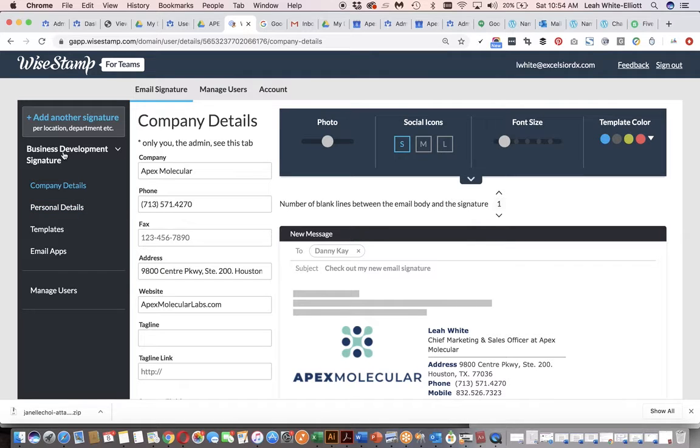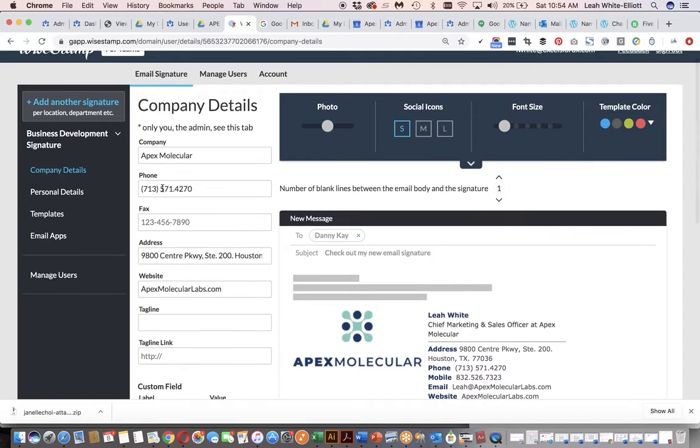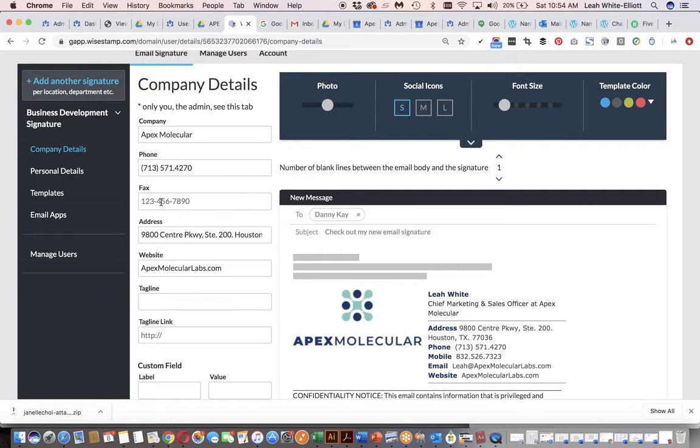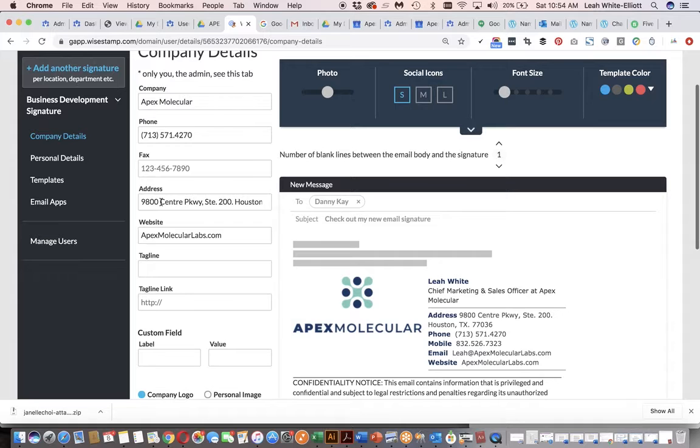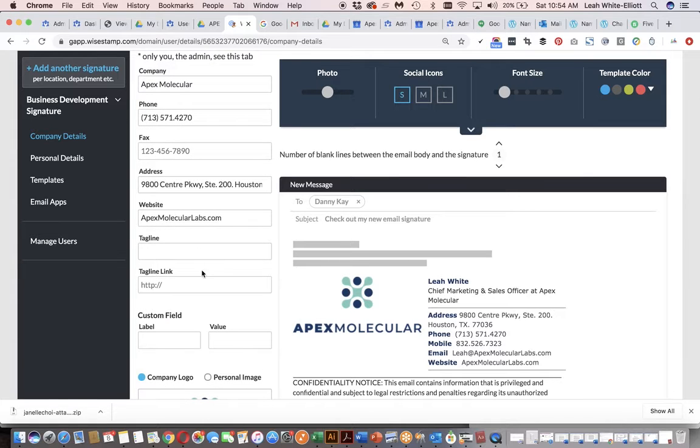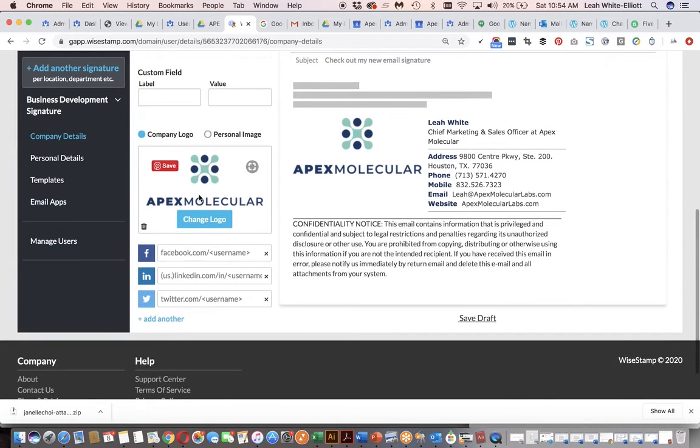But as you can see, I have created, put in Apex Molecular. I put in the number. I don't know if we will have the same fax number or not. Put in the website. This is the company logo. You can change out that logo. And then when you do have a Facebook page, or LinkedIn page, Twitter page, you can paste those URLs here, and it shows up as active links. So